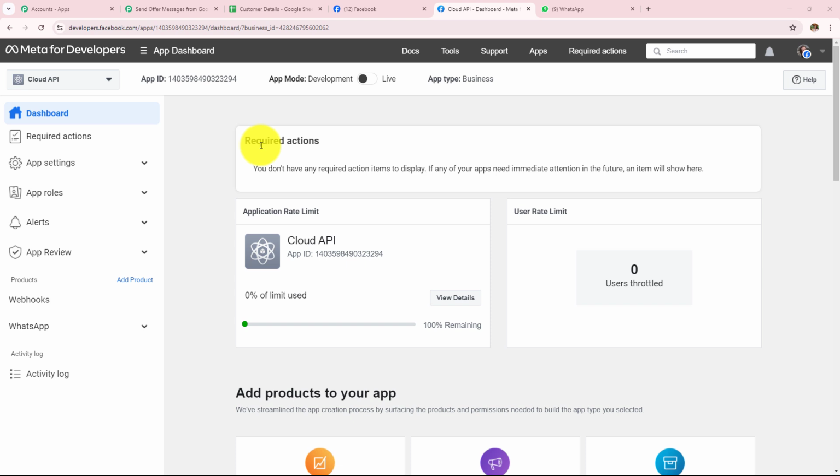You can reach here just by typing developers.facebook.com, and you need to create an application and generate API token for that. If you don't know how to generate API or create application, you can find the video in the I button. So under app dashboard, you have to click on WhatsApp and click on API setup.